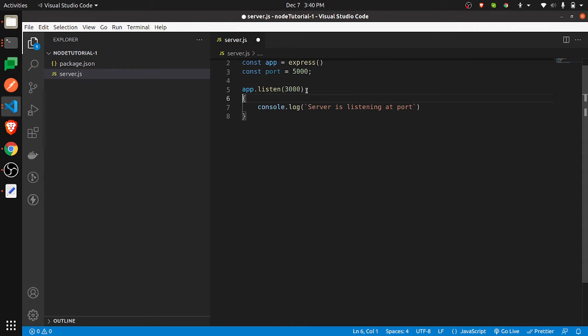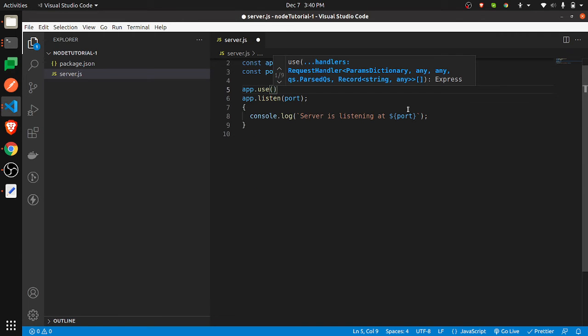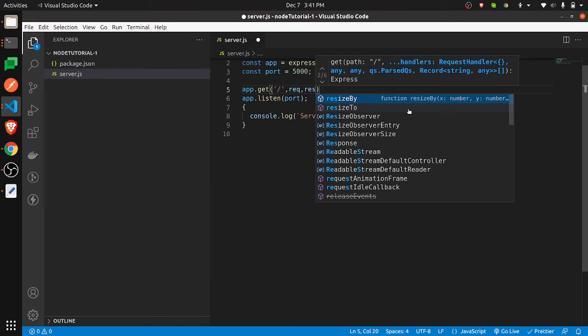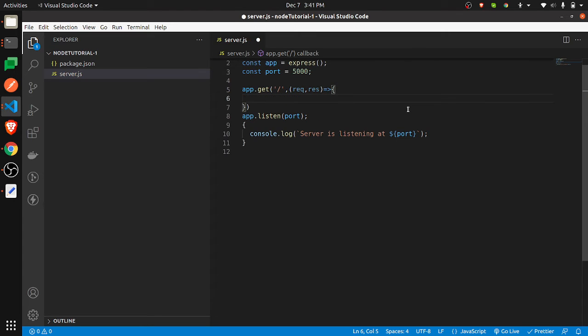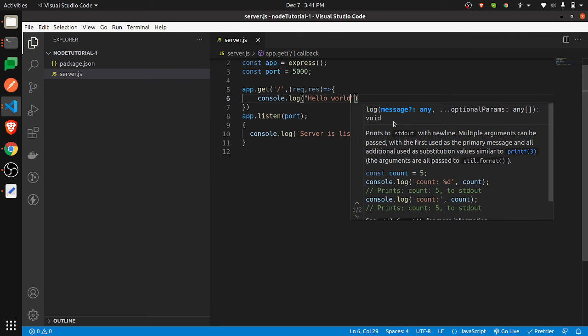So that's how you can define the port name. Request, response. Let's do a simple console log here, hello world. That's it.